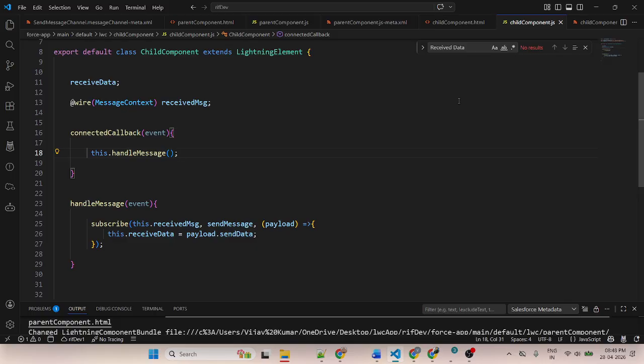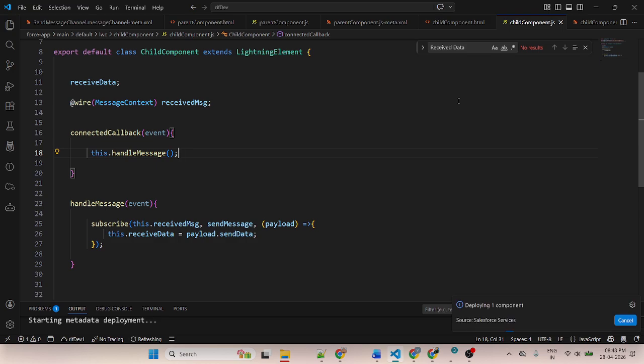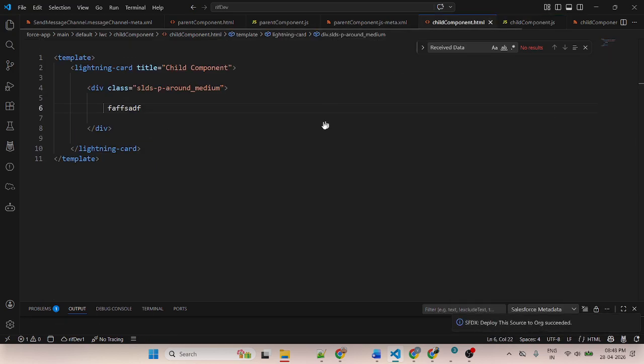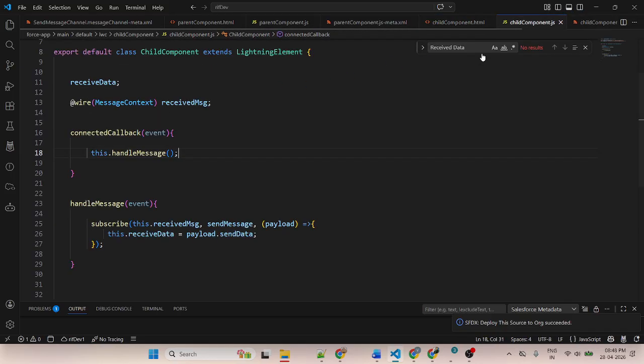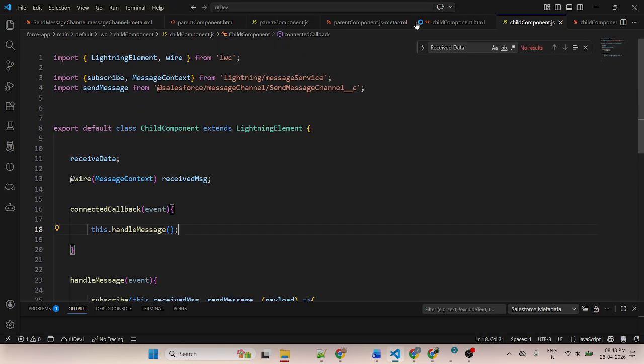Now save, deploy the code. Deploy code successfully. Now go to the child component HTML. So what am I receiving?